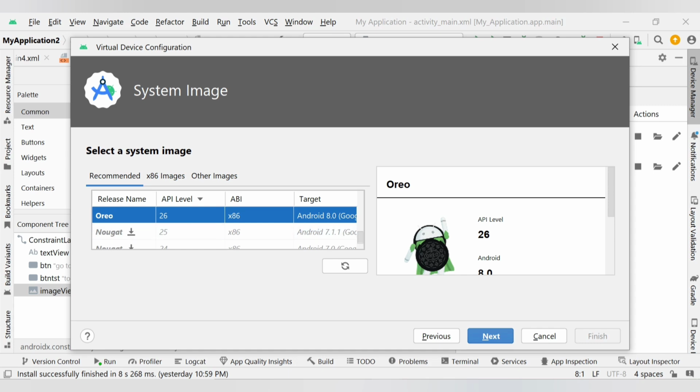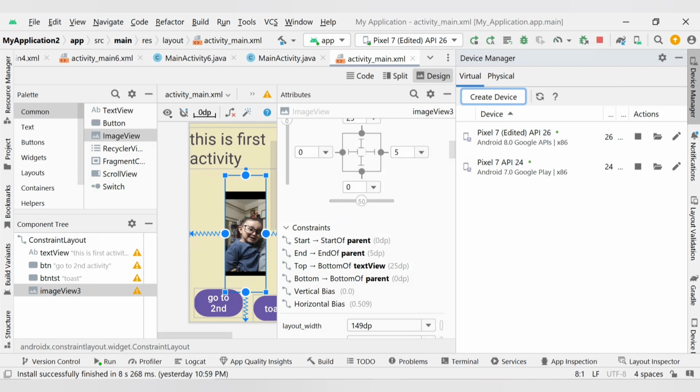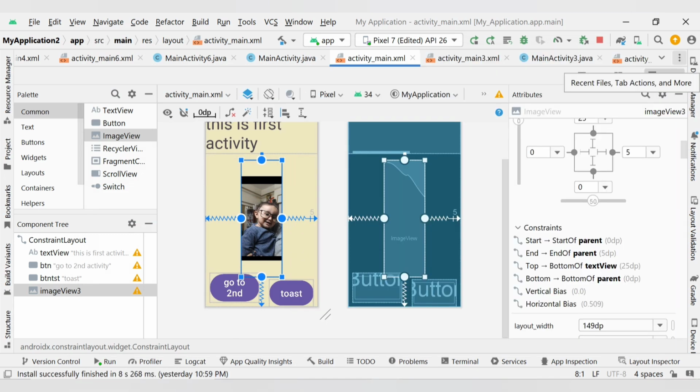Just click on next and the next device will be created, but I already have 2 devices, so I will not create it. When you create a virtual device, the run button will appear. When you run that virtual device, you can start, you can run, you can execute your application. I have already